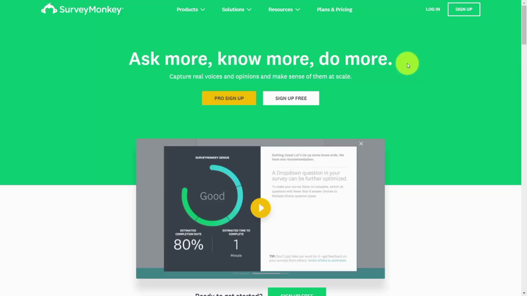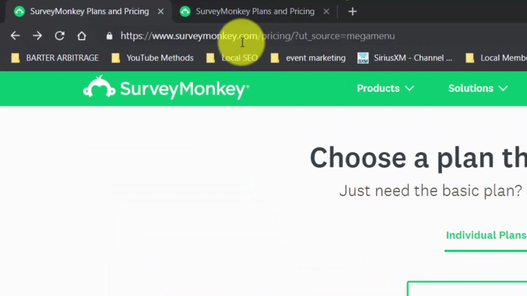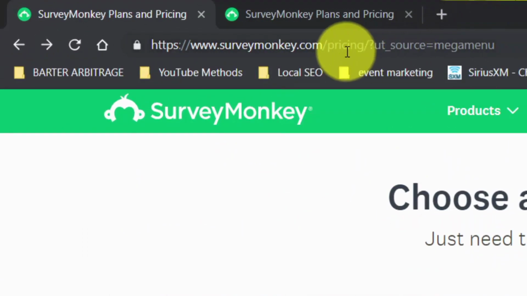Welcome back. Now, SurveyMonkey does have various levels that you can purchase as part of their program, or you can just use their free version. So look at the levels. We're going to click Plans and Pricing. Now, as of the recording of this video, you're going to see that this pricing page opens up to a